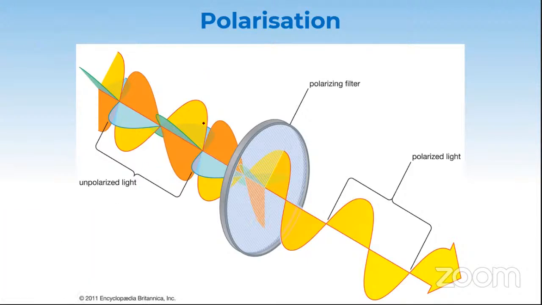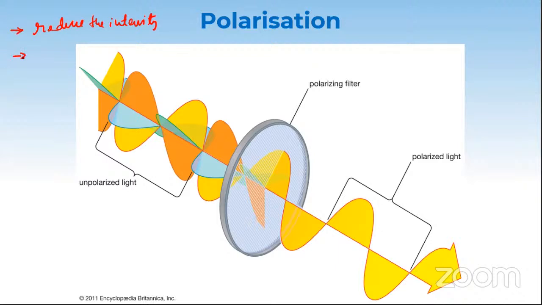Before going into the physics concept, let me tell you where we use a polarizer or polarization. For example, while cricketers are playing in the ground, it will be a very bright day. When the ball goes very high, the fielders cannot catch it because the sunlight will blind their eyes and block the visibility of the ball. So they use sunglasses. What do sunglasses do? They reduce the intensity of sunlight, so you can see the ball.